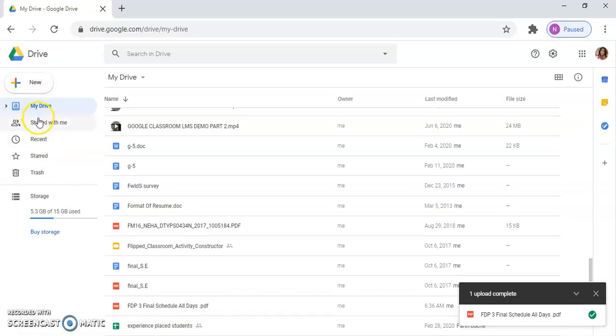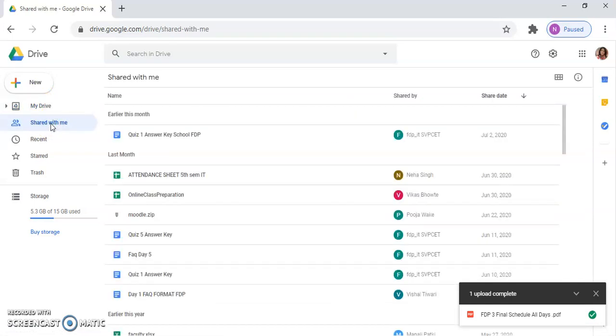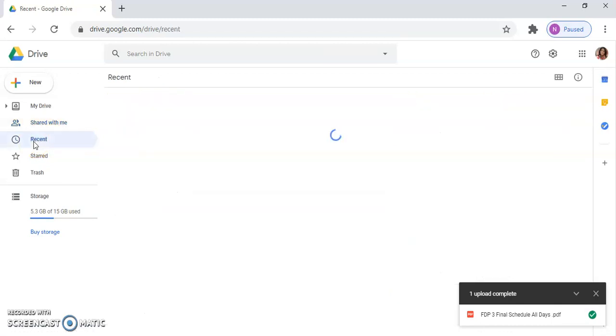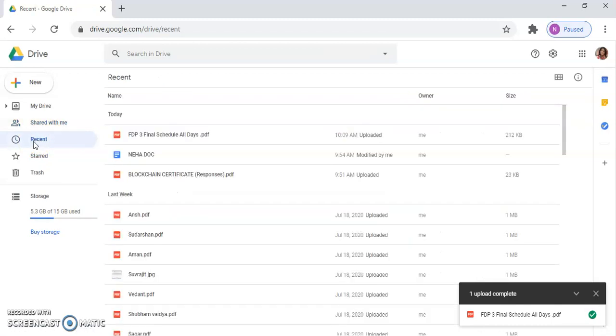Now you can also see who have shared documents with me. So these are the people who have shared the document with me and it also shows the date on which these documents have been shared with me. Here the recent tab shows you the different documents or the work that you have done. So you can see the latest work that I have done is I have uploaded this particular file. According to the latest time, it will organize your content as well as show you the size of that particular document.